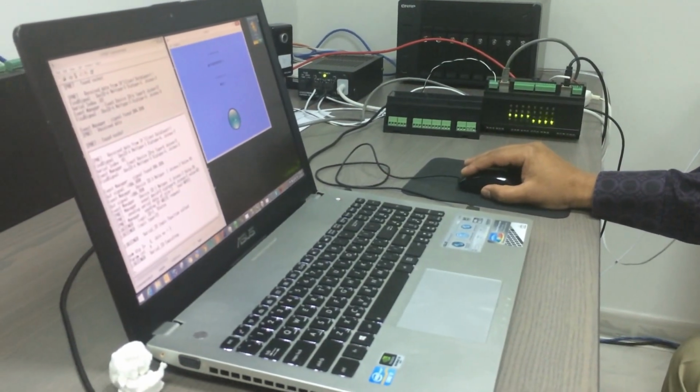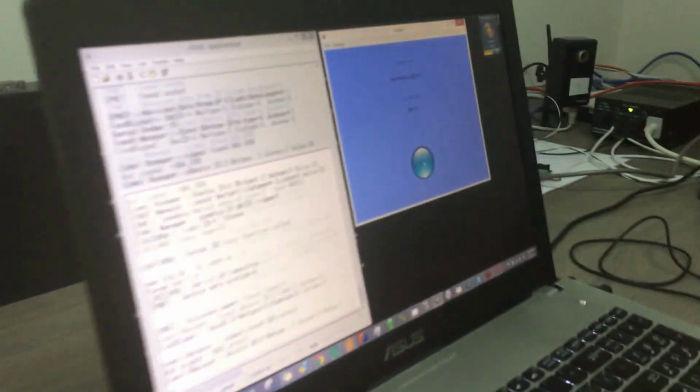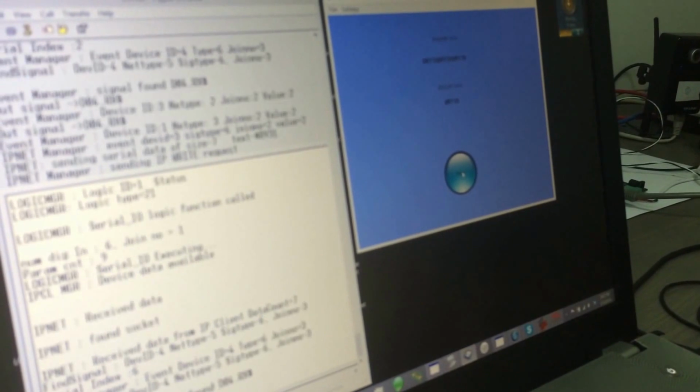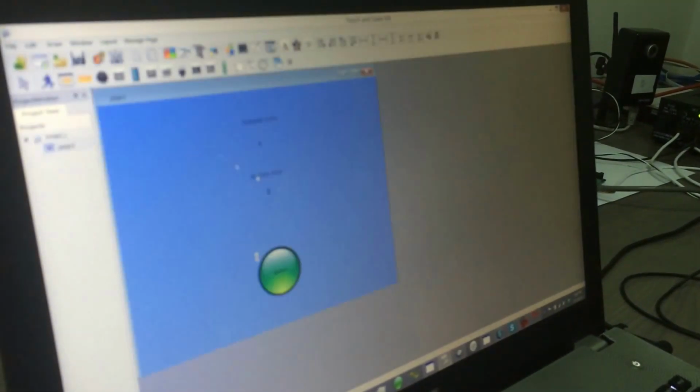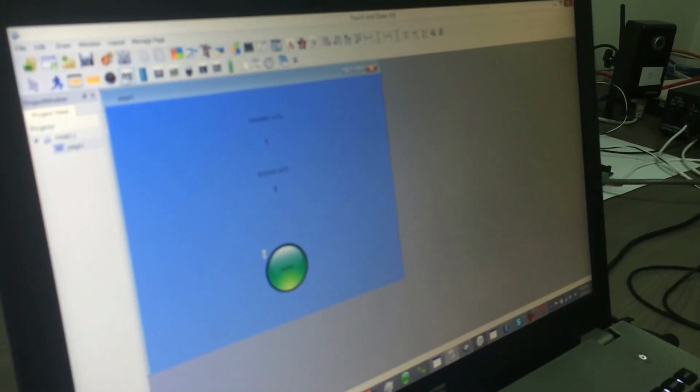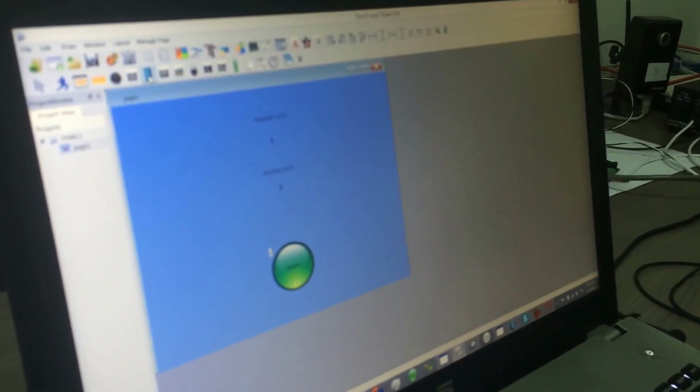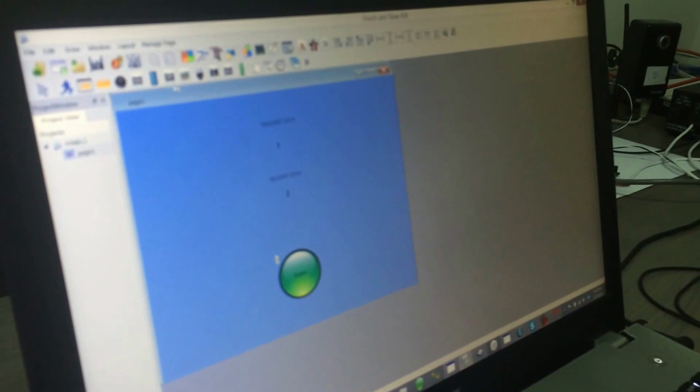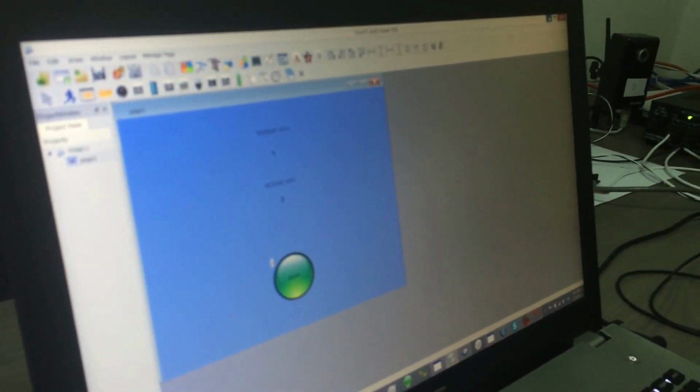And this is the application which is controlling the relay module. We have a very good graphical user interface which can be utilized to design the applications. We have a lot of possibilities like buttons and gauges, IP cameras, and a lot of other things which will soon be released.